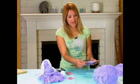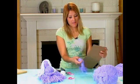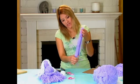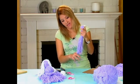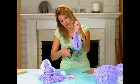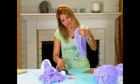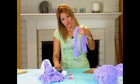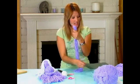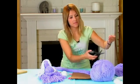Okay, so now that you've wrapped your yarn 50 times around your medium cardboard, you're gonna just pull it off like that. And then you're gonna pull it taut and you're gonna cut at the bottom end with your scissors. Oops, like that. Then you're gonna open it up. Make sure that you cut through all the layers, and then you're gonna pull it tight like this